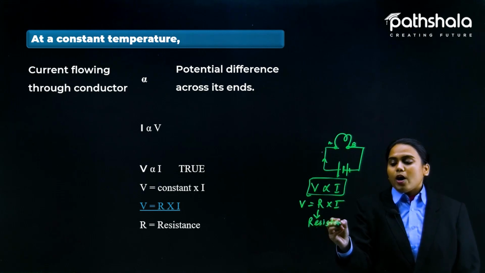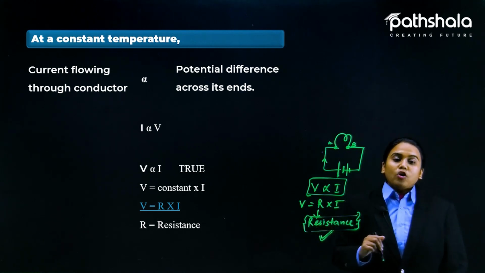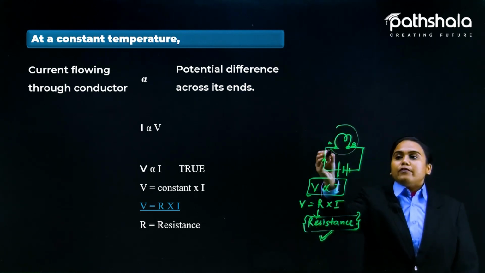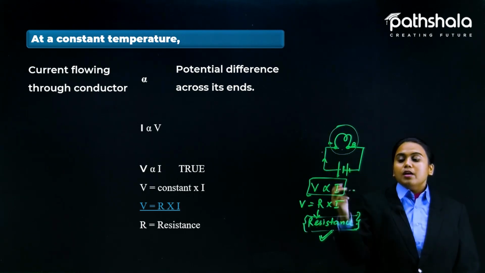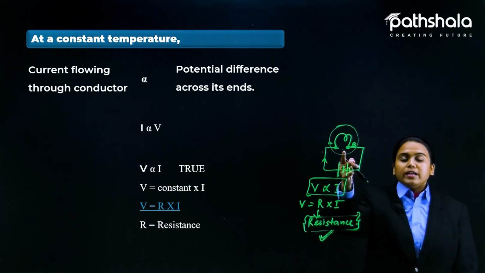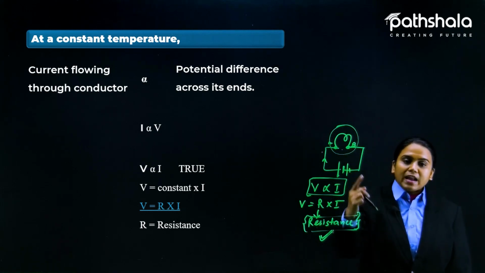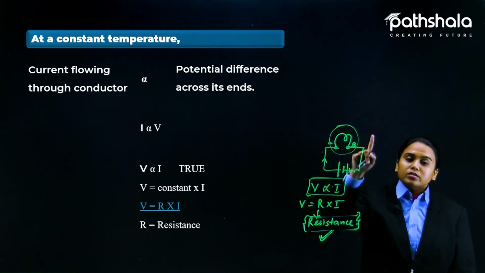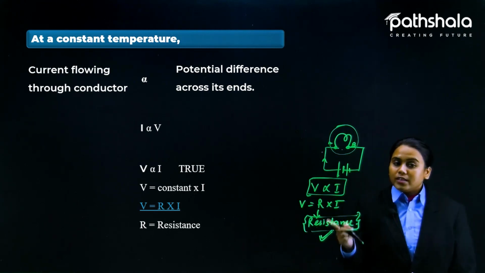Now, the main point comes here according to Sir George Simon Ohm. This resistance will be constant for every particular appliance. If we are taking a bulb here, the resistance for this bulb only will be constant. If we are taking a fan here, the resistance for that particular fan will be constant for the particular circuit also. Okay, and all this process is going on at a constant temperature.